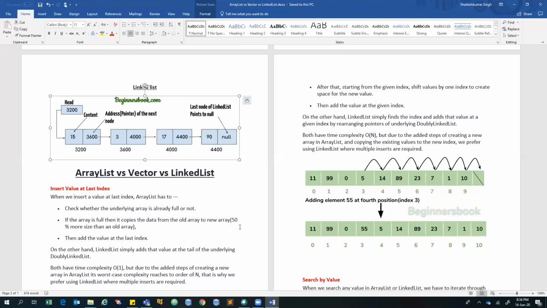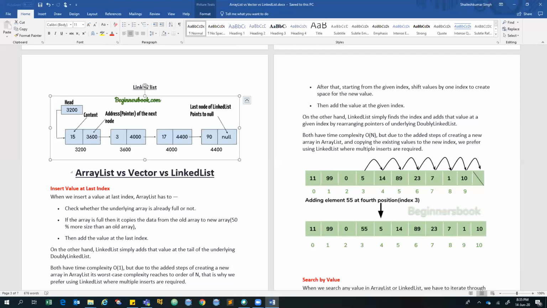So now we'll go to the linked list. So what is a linked list? A linked list is a collection of nodes. Now what is a node? A node is a primitive ADT data structure, which will be holding data for that node. And it has two sections. There is one data section, and the other is a next section. What is next? Next will store the address of the next node.